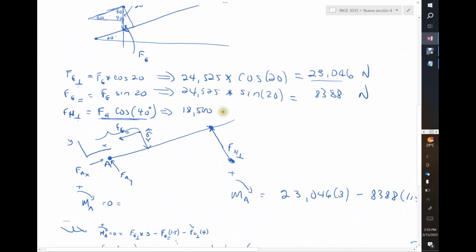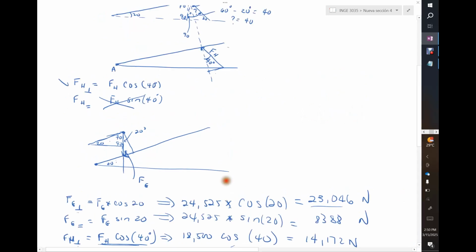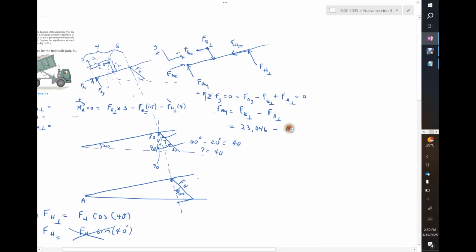18,500 Newton multiplied by the cosine of 40, and that will be 14,171 Newton, 72 actually, and that will do. So 14,172. So we go back here, minus 14,171, and FAy is equal